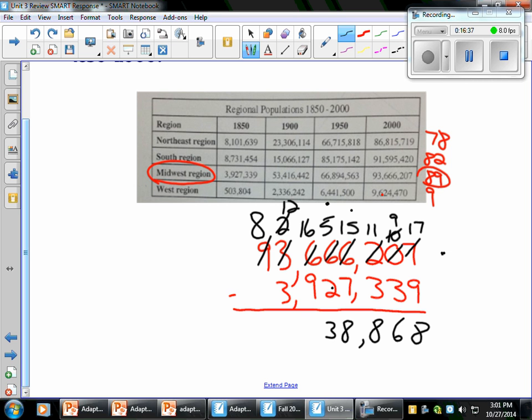Now I have to take 9 from 16, I have a 7. I'm going to have to subtract 3 from 12, I have a 9. Then I have an 8. My answer is 89,738,868. We will be spending a little more time in class tomorrow doing some long subtraction with all the borrowing,